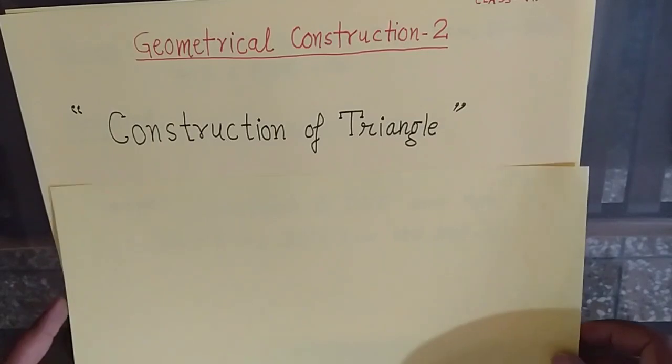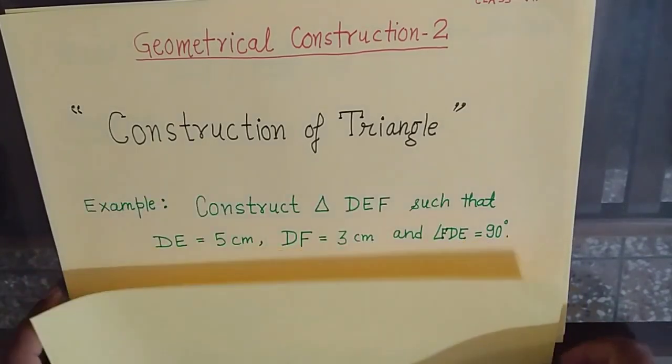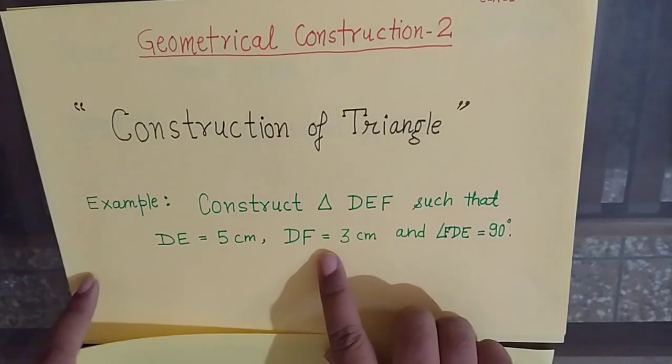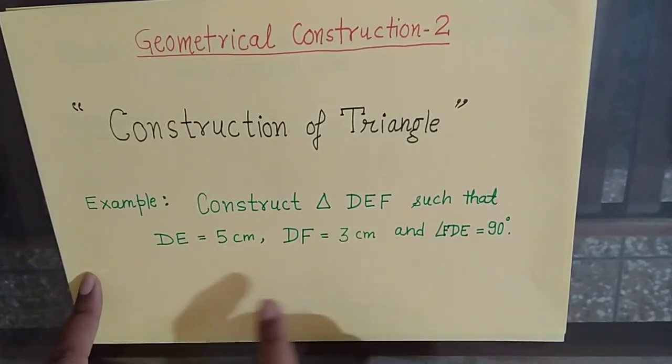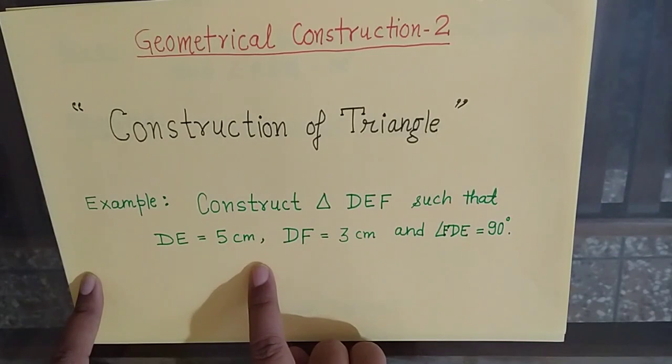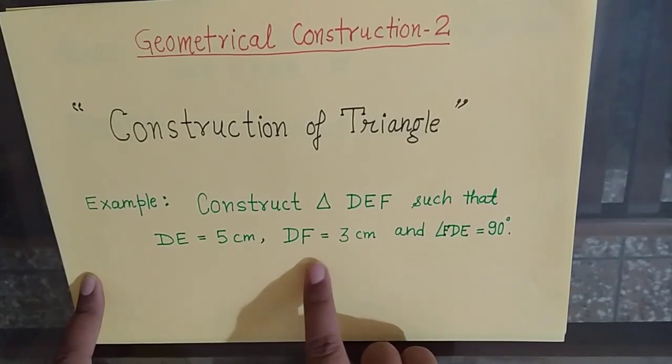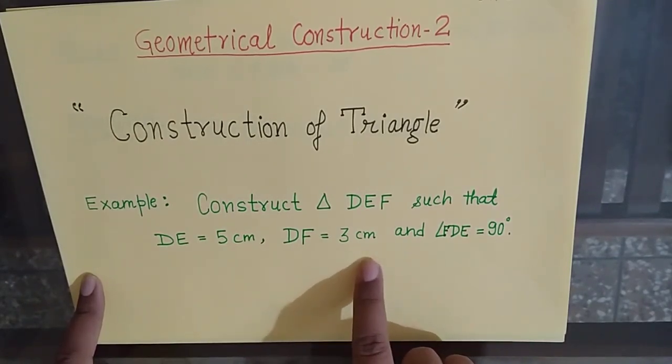Now take an example. Construct a triangle DEF such that DE equal to 5 cm, DF equal to 3 cm